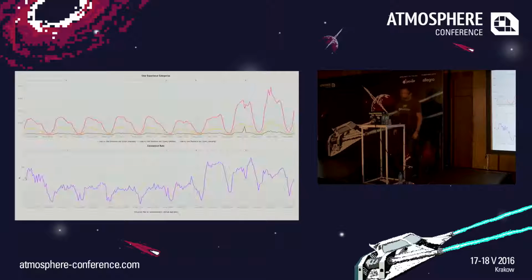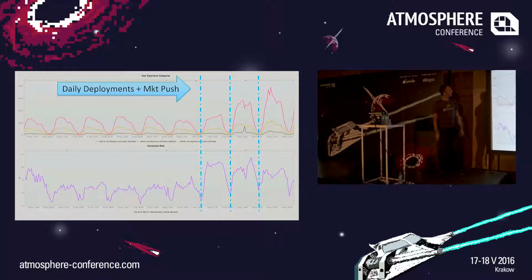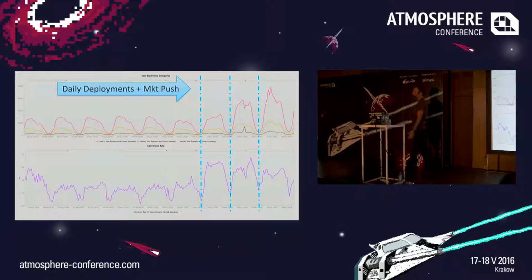Here's another example I just got last night, and I wanted to put this in there. A chart. The top tells us how many users we have on the system, and this is an e-commerce site. The three lines here are happy users, middle happy, and red, unhappy. They are doing a deployment every night. Every day at midnight, they deploy a new version, which makes sense because that's where the least traffic is. And what you could see here on May 5th, not only did they do a new deployment, but they